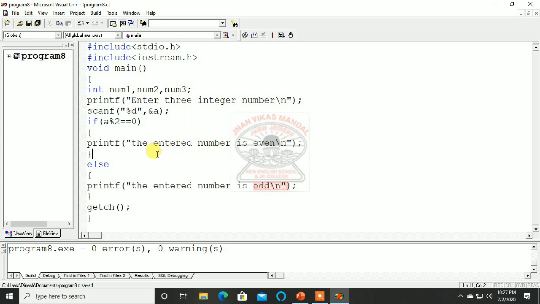So here in the scanf, one time only I will accept all the 3 numbers. For that, you have to write here percentage d, and here you have to use num1, comma, num2, comma, and num3. So one time only I am accepting here.